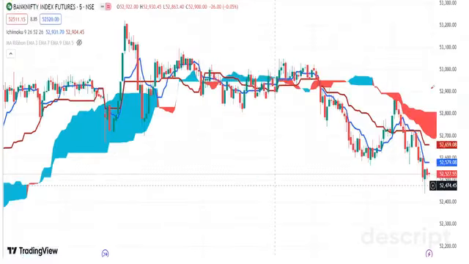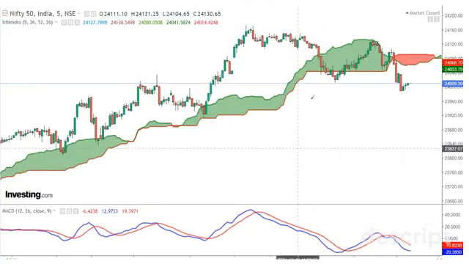If we use the two lines called Tenkan Sen and Kijun Sen, rather the conversion line and baseline, these two lines can be used for scalping. Yes, you heard it right. I did it in scalping and pulled out money. If you improvise this indicator, simply put MACD, remove all these lines and take simply the cloud, with a simple cloud and MACD you can easily make money. So this cloud will give us, suppose, you can buy till here, and your support is over here.